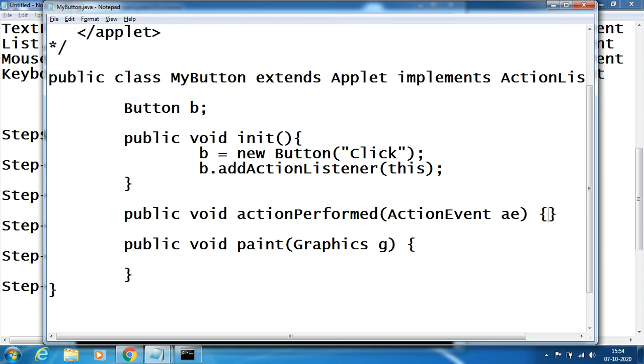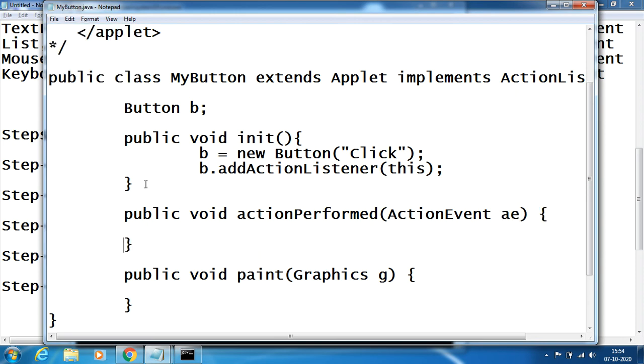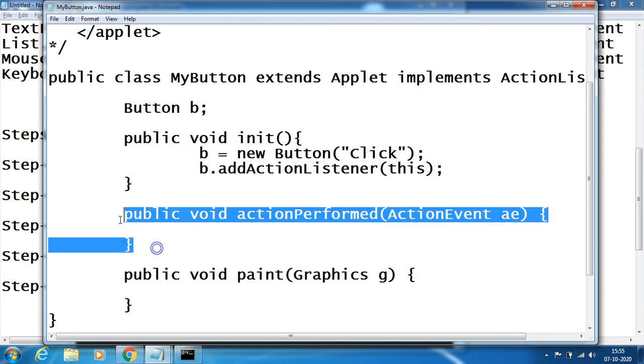Done. Earlier for the mouse event we have multiple abstract methods, but a button has only one abstract method, that is called actionPerformed. Simple. Done. When I click on the button, it calls immediately this particular method and prints something.